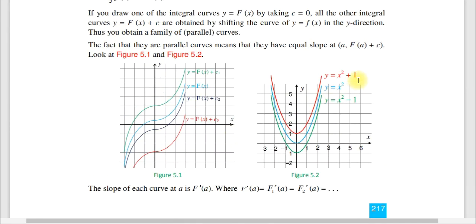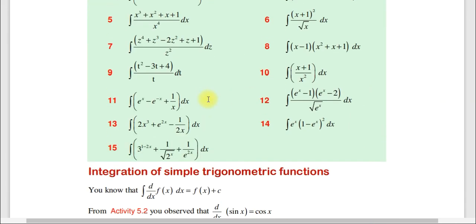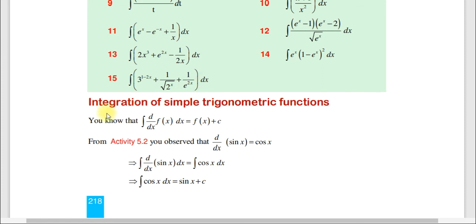ስለዚህ እዚህ ላይ የምናየው ግራፍ x square plus 1፣ x square minus 1 እነዚህ የተለያዩ ፋንክሽኖች ተሰጥተው ስሎፑን ፈልጉ ብንባል የሁሉም ስሎፕ አንድ አይነት ነው። ስሎፓቸው at a given point፣ ለምሳሌ at x equal to 1 ላይ ሁላቸውም ስሎፓቸው 2 ነው ማለት ነው እዚህ ጋር። ስለዚህ እዚህ ላይ ኤክሰርሳይሶች አሉን፣ እነዚህን ኤክሰርሳይሶች መስራት እንችላለን። ሌላው ደግሞ ኢንተግሬሽን ኦፍ a simple trigonometric function።